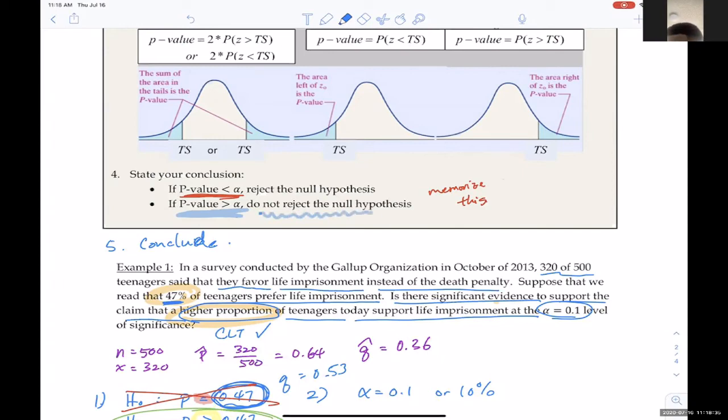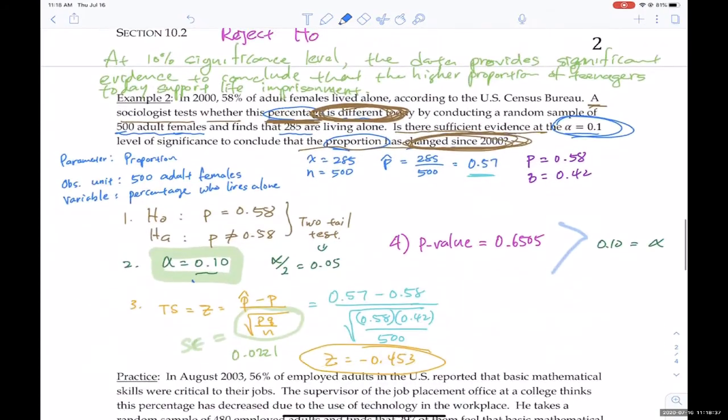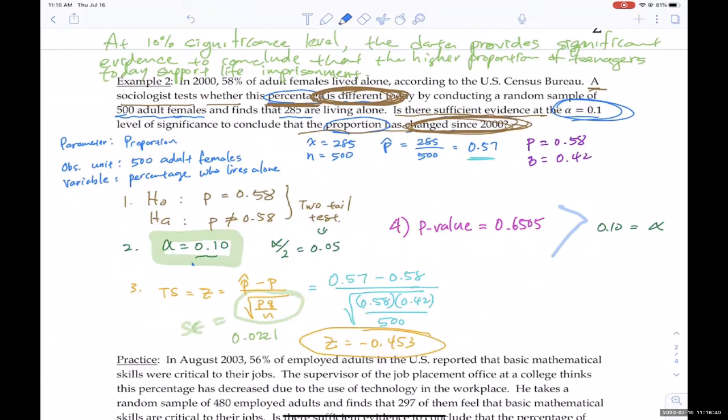Do not reject the null hypothesis. What do you mean by do not reject? What's another way of saying do not reject? It's accepting, right? And rejecting the alternate hypothesis. If we're rejecting the alternate hypothesis, they're saying that there is not enough evidence to conclude that there is actually a change since 2000. So it has stayed exactly the same,